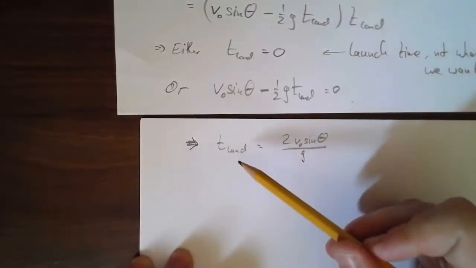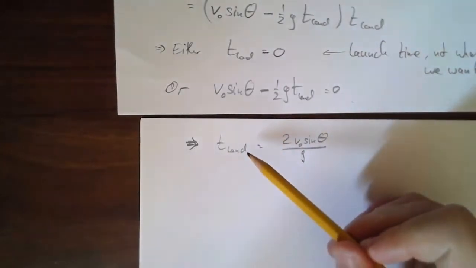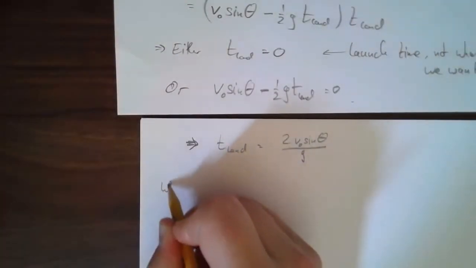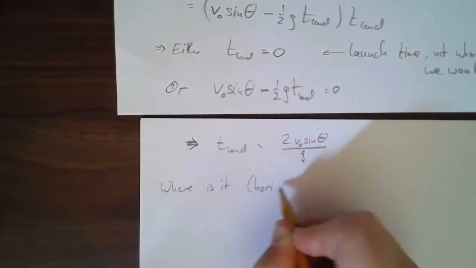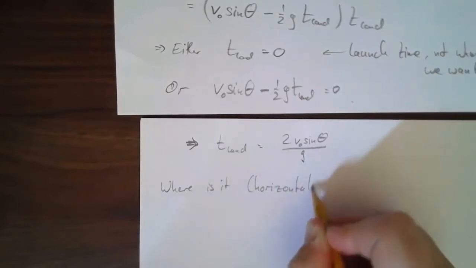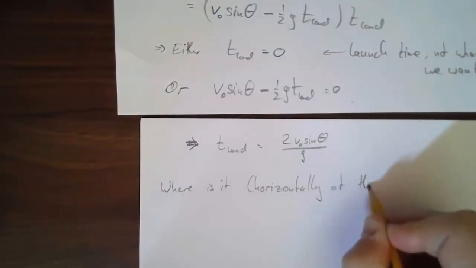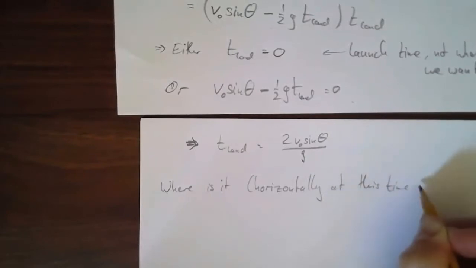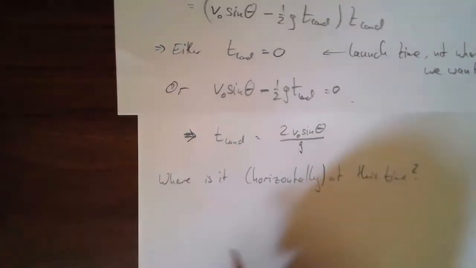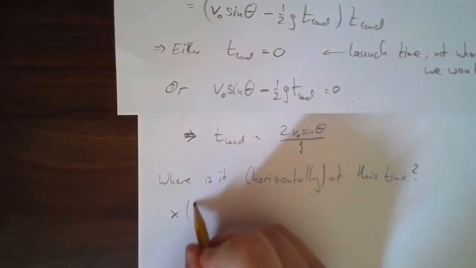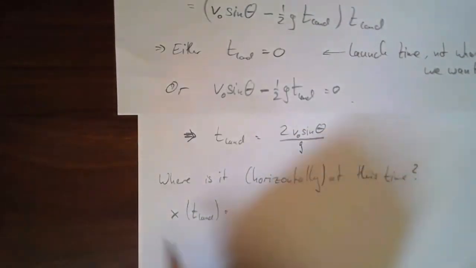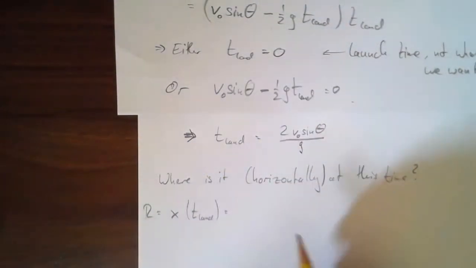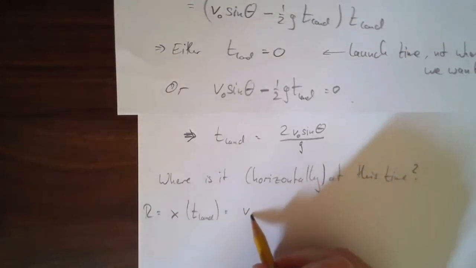So now we just have to figure out, well, where is it at that time? Where is it horizontally, the x direction, at this time? Okay, so we're going to plug it in. X of t land, that's my range, right? That's what I mean by the range. That's equal to v naught